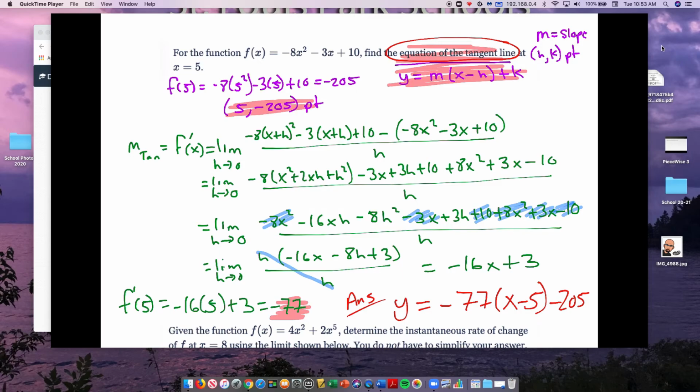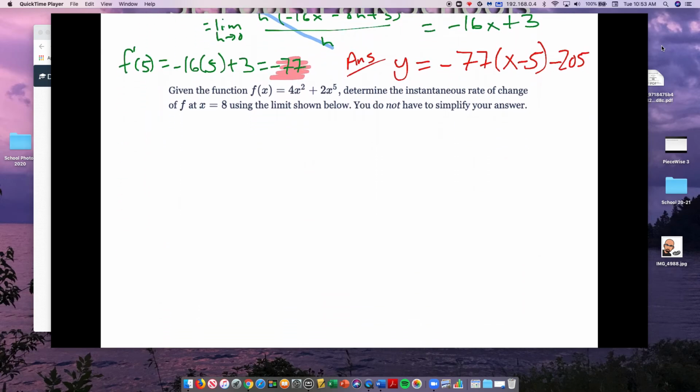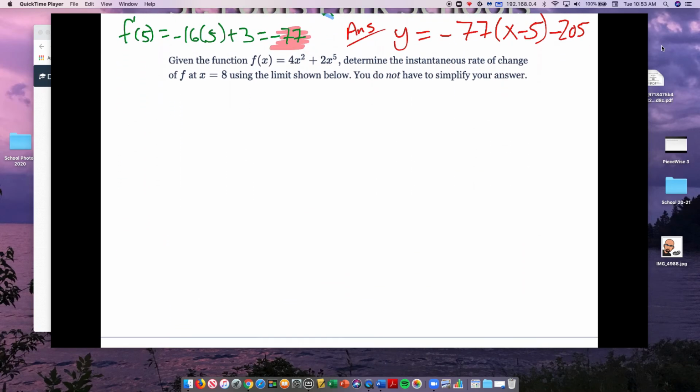Okay, last thing that you'll have to do on this assignment is, given this function, determine the instantaneous rate of change of f at x equals 8 using the limit. Do not simplify your answer. So let's think about what this looks like. Let's say, okay, well, remember that the instantaneous rate of change